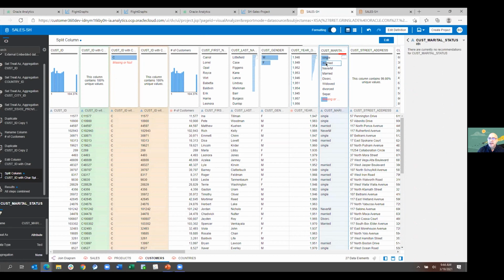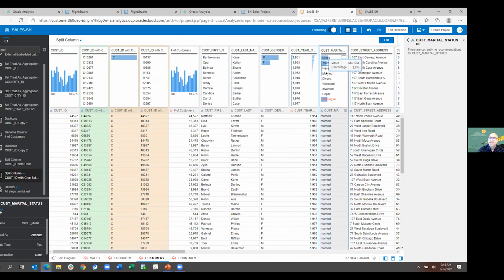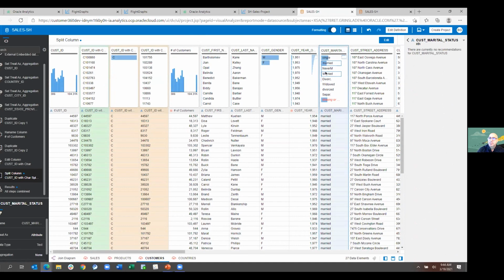Let's say we want to have, I may have already fixed, oh, here we go. I have married here with different case. Let's say, for example, we just want that to look a little cleaner on the reports. So maybe what I'll do is I'll just come in here and change this M to lowercase, and then that'll be applied as a step in the process.